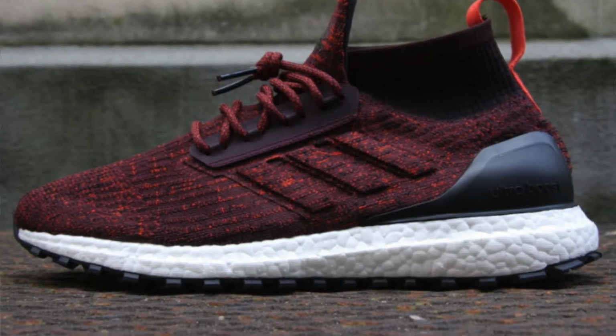Alright guys, coming in at number 2, we got another sneaker that was made specifically for all weather. It was made for all terrains. Number 2, the Adidas Ultra Boost ATR. I did an unboxing of the burgundy colorway on this channel. If you guys have not checked it out, I will link it above for you guys to go take a